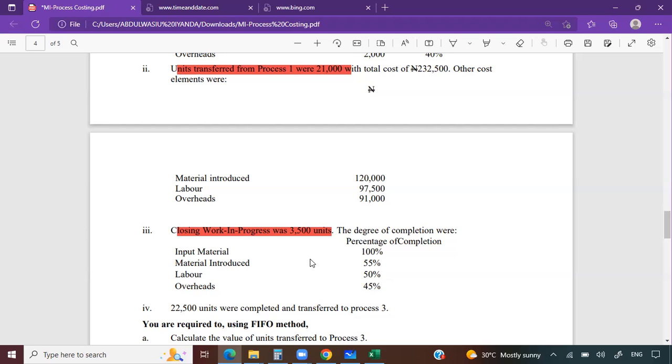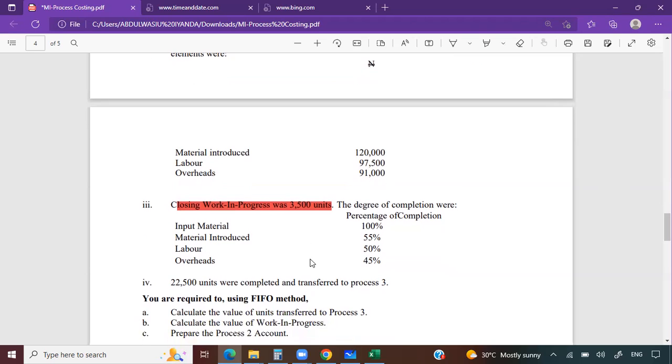Closing work in progress was 3,500. And process 2 is able to complete 22,500. What we now need to do, the first requirement is saying, using FIFO,